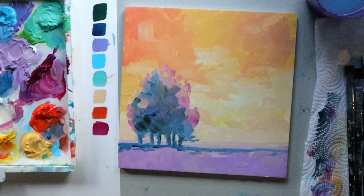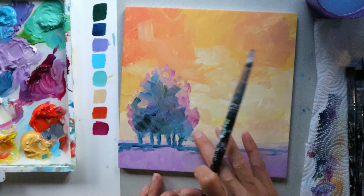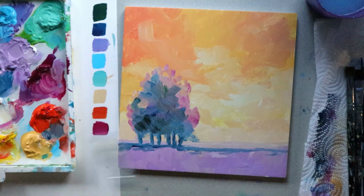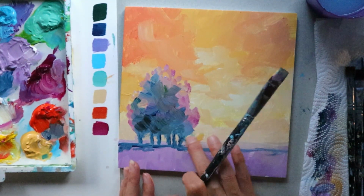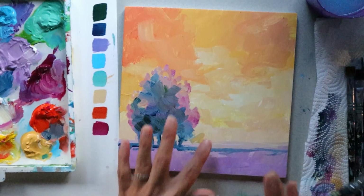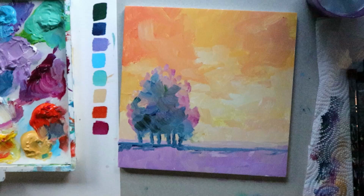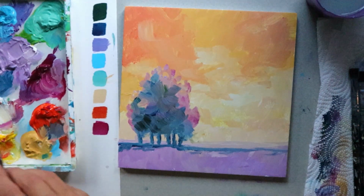You can also lift off the color that you placed down by just simply taking your finger and lifting it. You can use your finger to blend, or you can lift it off with your brush. If you don't like anything about your painting, it's just very simple to either take it off or go over that spot. So now I'm going to clean off my brush and wipe it on my paper towel, and grab my